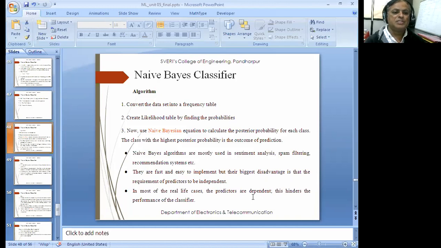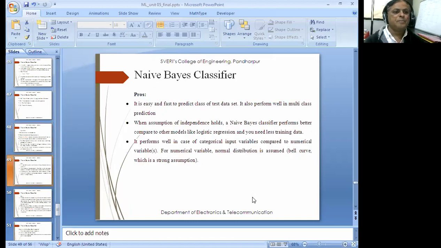It is mostly used in sentiment analysis, spam filtering, and recommendation systems. They are very fast and easy to implement, but their biggest disadvantage is the requirement of the predictors to be independent. इनका एक एडवांटेज डिसएडवांटेज ये है कि इनके अंदर के जो प्रेडिक्टर्स है वो इंडिपेंडेंट है। हमने देखा ना, एक में चेंजेस हो गया तो दूसरे में चेंज होता नहीं है। So in most real life cases, the predictors are dependent. This hinders the performance of the classifier. So अगर रियल लाइफ केसेस में कोई प्रेडिक्टर्स अगर डिपेंडेंट हो गए तो उससे फिर क्लासिफायर का असर कम हो सकता है।